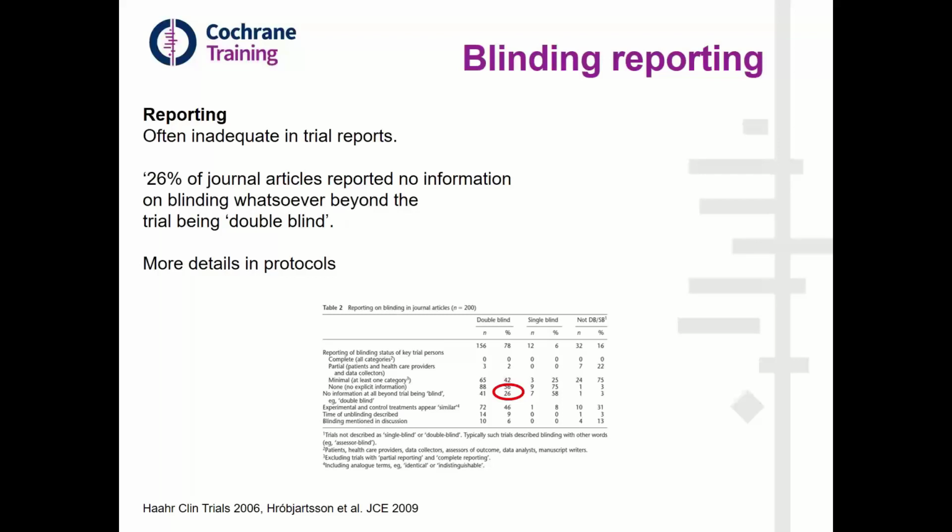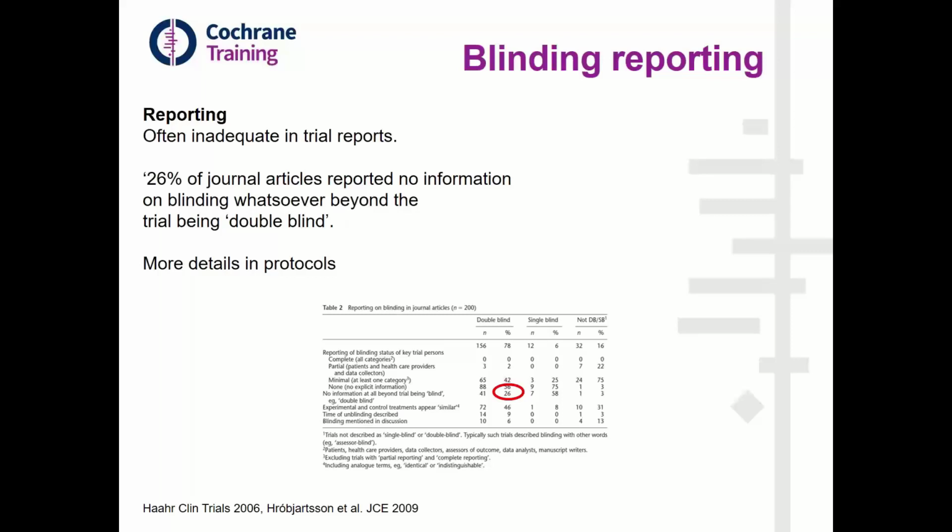I've looked at a study of 200 trial reports showing that among the papers that reported blinding as double blind, in a quarter of those, double blind was the only term used to describe blinding. So obviously that makes detailed assessment of the risk of bias difficult, and it's important